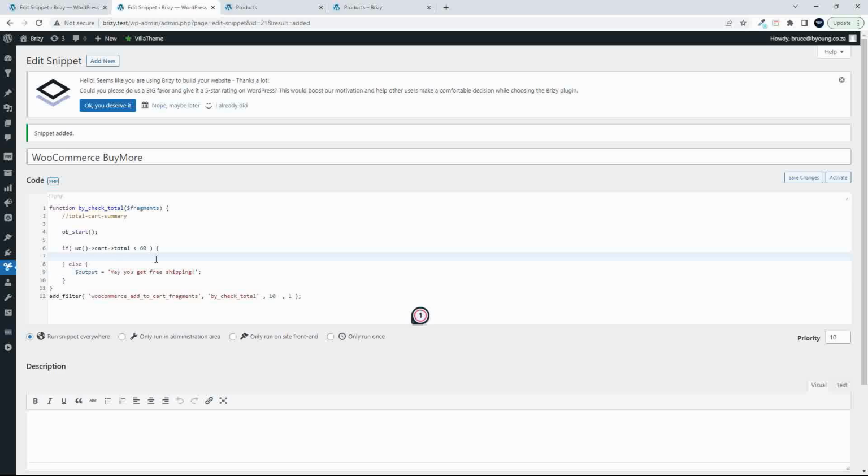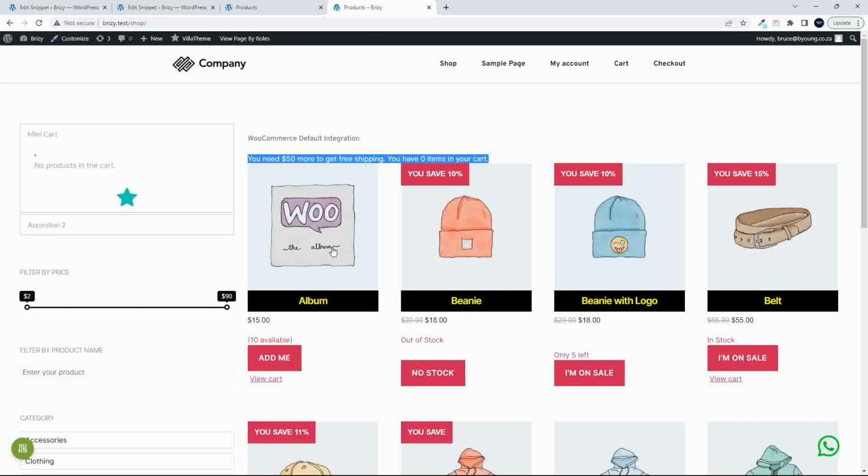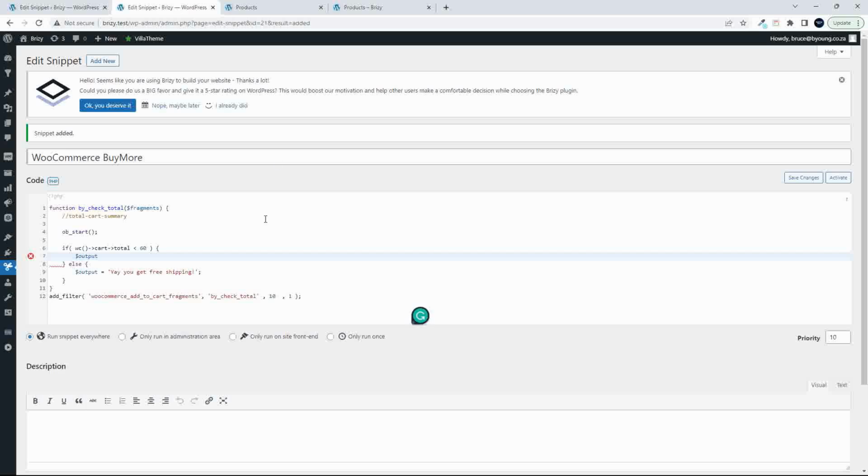Now what we need to do is fill in what happens in the if statement. In that if statement, it will be output, and this is going to be all that text that you saw here about you need so much more, you have so many items in your cart. So to do that, the output will be equal to, and it starts off with you need,